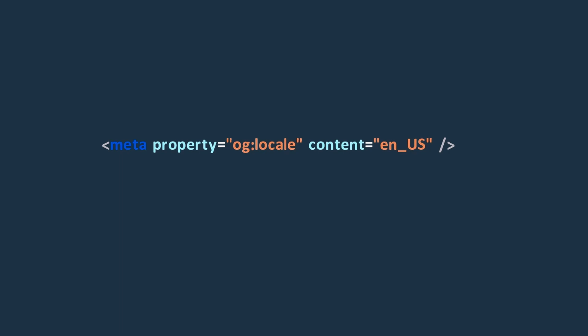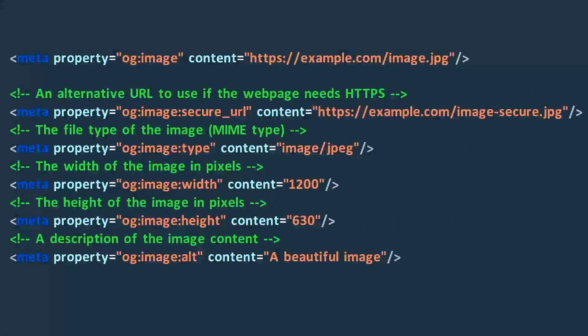Okay, the next Open Graph tag we want to talk about is the OG locale tag. This tag specifies the language of the page. By default, the language is set to American English. Another tag we have is OG site name, which allows us to specify the name of the site. Alright, some properties can have additional metadata attached to them. For example, let's take a look at the OG image property. This property has some optional structured properties. If a page specifies the OG image property, it should also specify the OG image alt property.